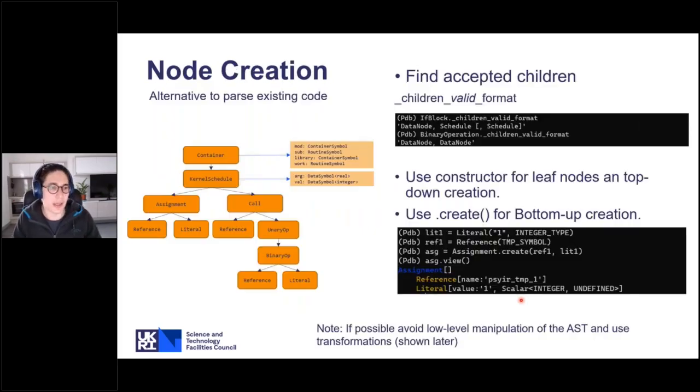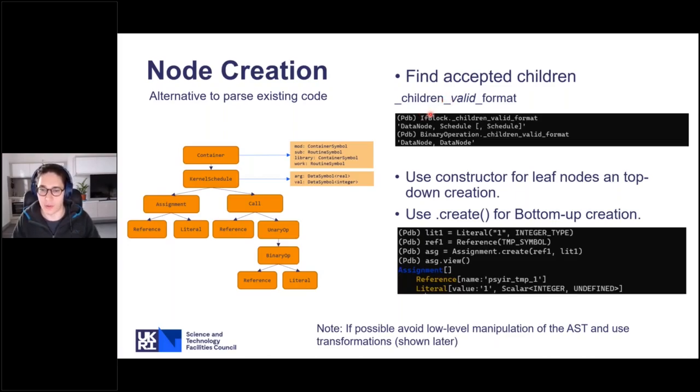Then there's node creation. That's how you create a node. Before going to node creation, let me say that this is only used for very low-level manipulation of the IR. You probably should avoid this if you have a transformation that already does what you want to do. But if there is no transformation that does it, you have the option to create nodes. I know I'm a bit short on time, so I will not go into a lot of detail. Just mention that not all